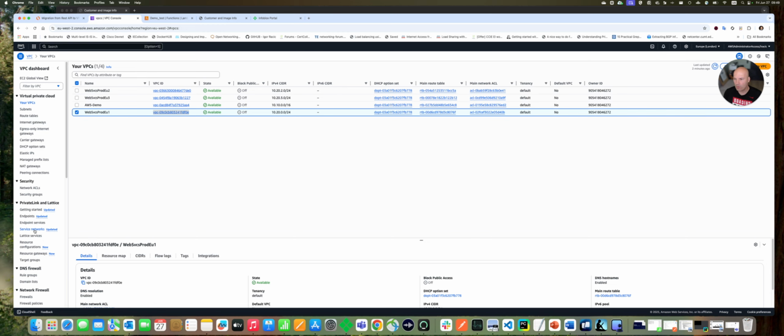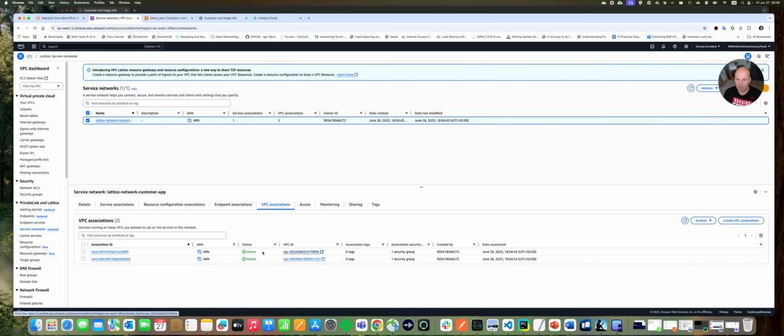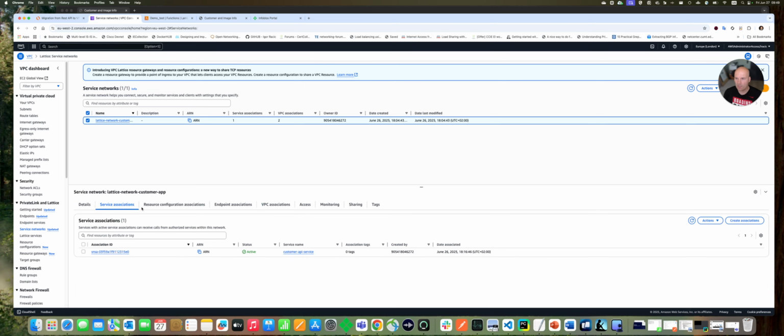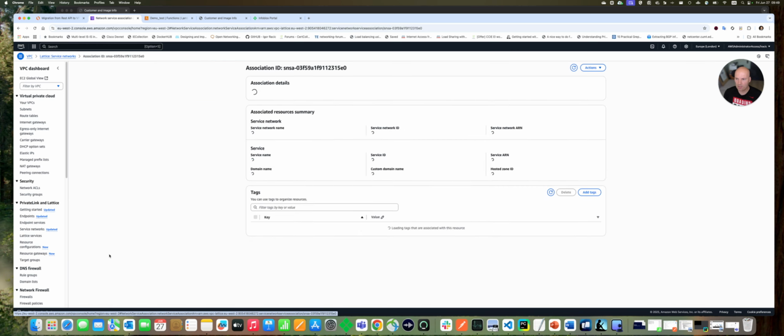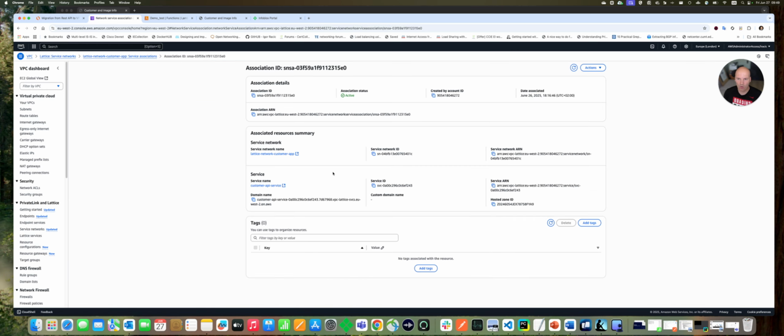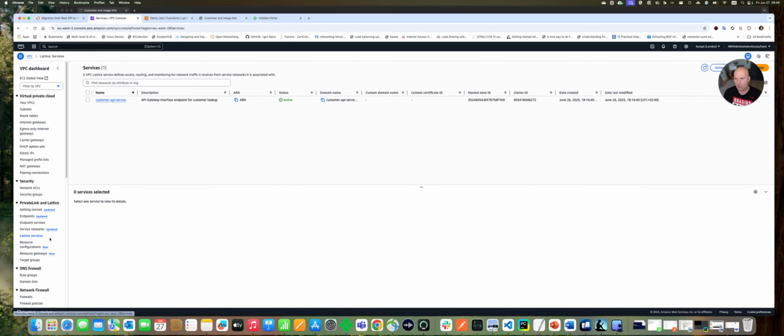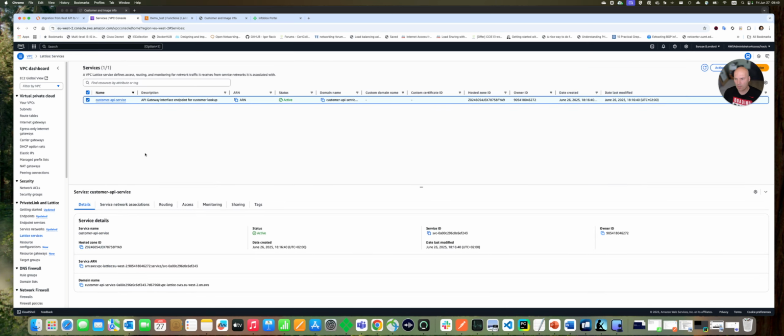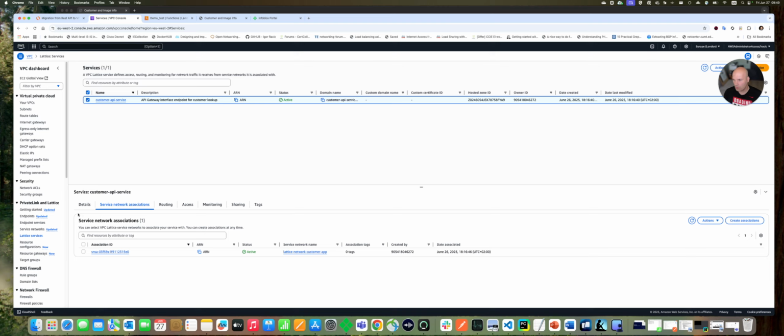If I go back to the service network, you're going to see 0E is associated here. For the service association, you're going to see that I did an association of the Lambda function. And if I go to the customer API service, and then to service network association, you're going to see that association